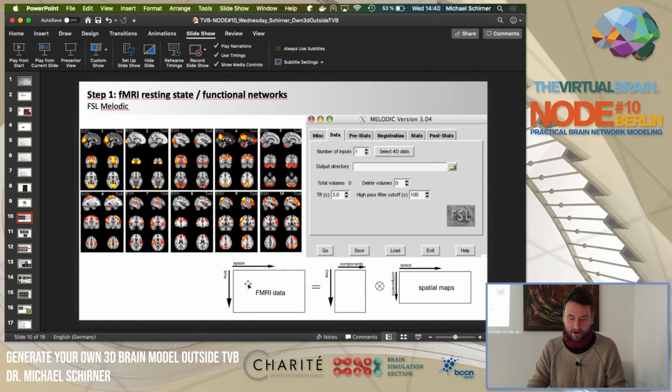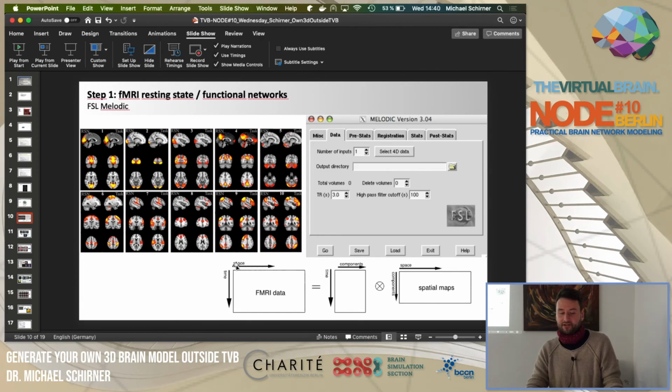So when we have our fMRI data, so here we have space. So this is basically a 2D matrix where all the voxels of the fMRI data are put one after the other. So here it's not like in a 3D volume, but we have just our voxel 1, voxel 2, voxel 3, and so on, just one after the other. And here we have the time. And what the spatial ICA does basically is it gives us,